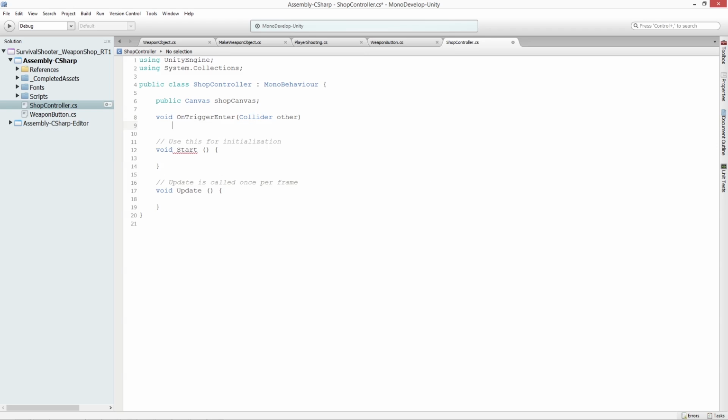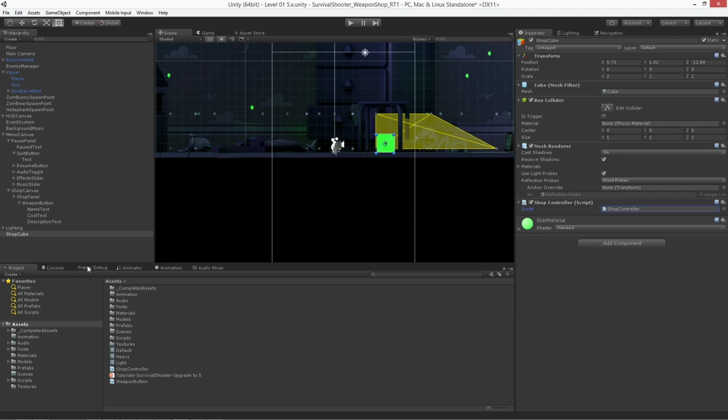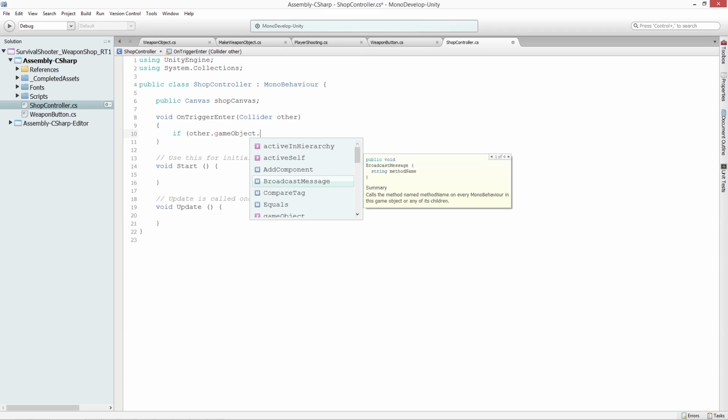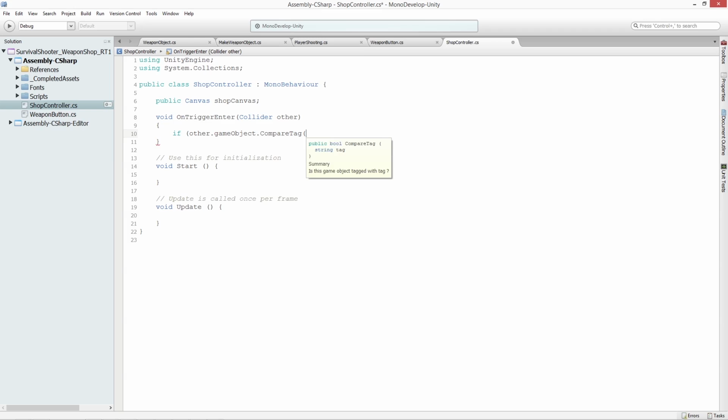So we're going to set the shop to be a trigger in the editor. Let's do that now because I'll forget. Set the collider for our cube to be a trigger so that when we walk into it, it'll pause the game and show the shop. And so we're going to say if other.gameObject.compareTag player. So if the thing that triggered this is the player, we're going to call a function called openShop,